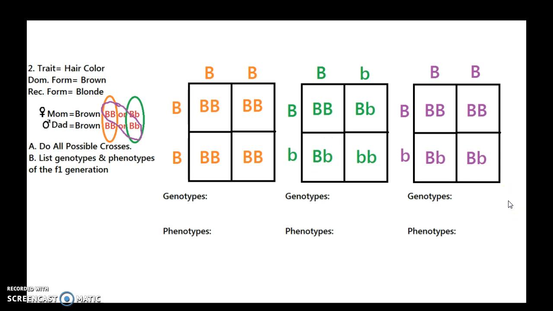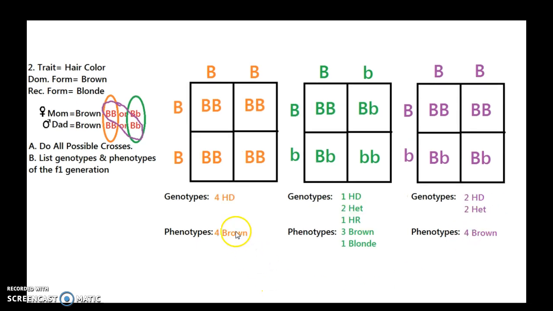So now that we've filled in our boxes, we just have to list the genotypes and phenotypes of the offspring. So in our first box, you'll notice they're all the same. So there are 4 homozygous dominant offspring boxes here. So if these are our parents' genotypes, there's a 100% chance that our kids are also going to be homozygous dominant. If we look at their phenotypes, they all have capital B's, which is dominant. Dominant form is brown, so there's a 100% chance that this child will have brown hair